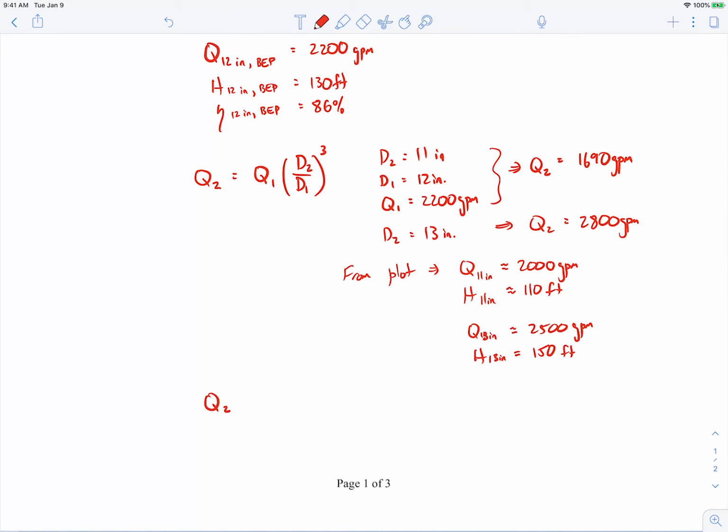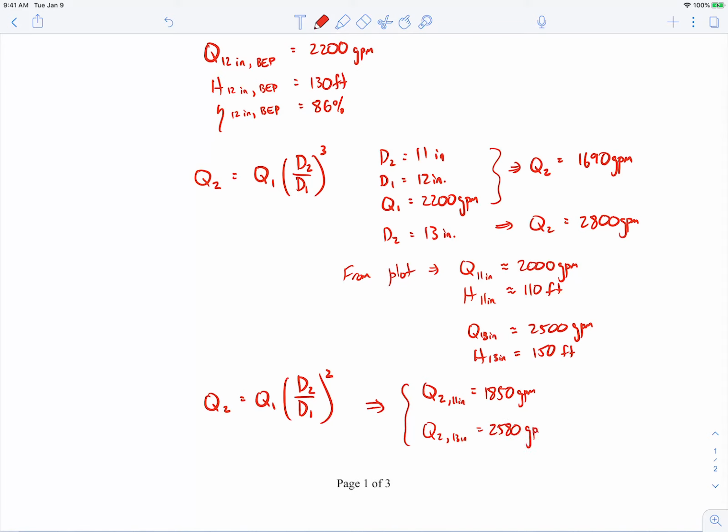So let me write what that empirical law looks like. That's just Q2 is Q1 times the diameter ratio squared rather than cubed. So this one doesn't come from dimensional analysis. It's an empirical correlation that seems to work pretty well. When we use that, our volumetric flow rate that we would expect for the 11-inch impeller comes out to be 1,850 gallons per minute. And then when we do it for the 13-inch impeller, that comes out to be 2,580